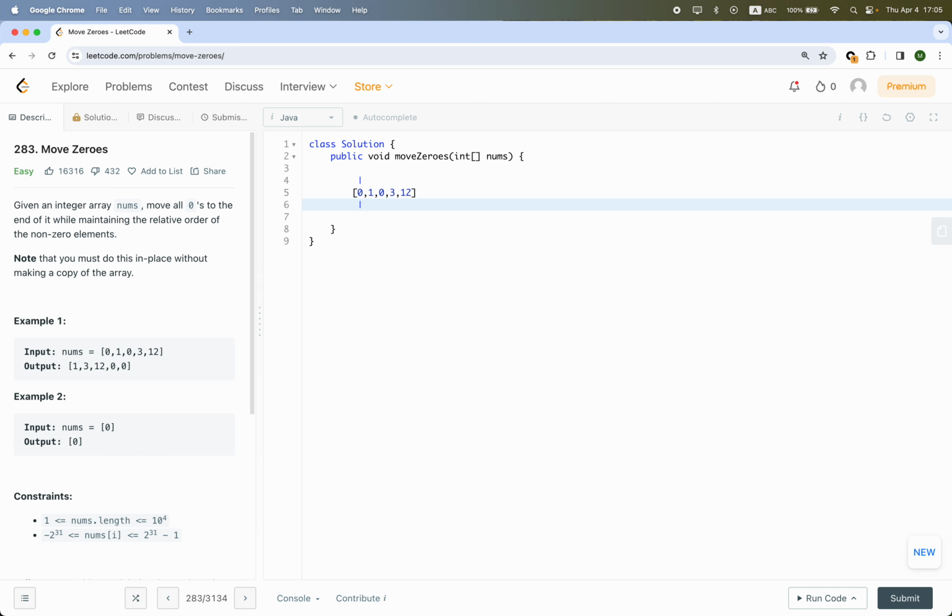So let's see how we could do it. In this case, the second pointer just loops the array, right? The first element is 0, so we just ignore it, and we move the pointer to the next element, and this element is 1, so it's non-zero. So in this case, we just copy it to the position that the non-zero pointer points at. In this case, it's 0, so we copy it here,